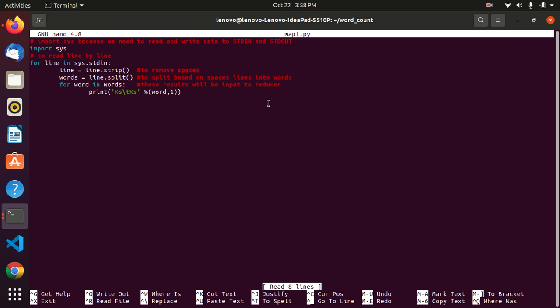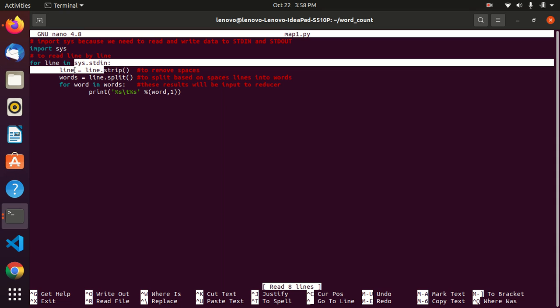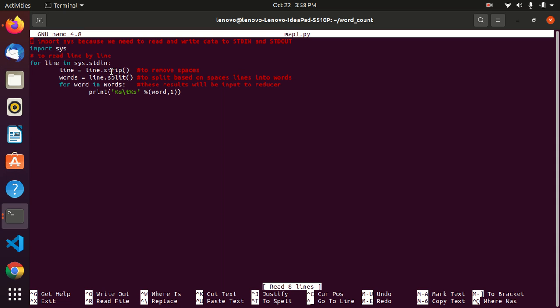This is a mapper file, where for each line in the system input, for each word, we split the entire line into words based on the spaces, and next for each word we assign the word and a tab space 1, so it is counted as 1 here in the mapper.